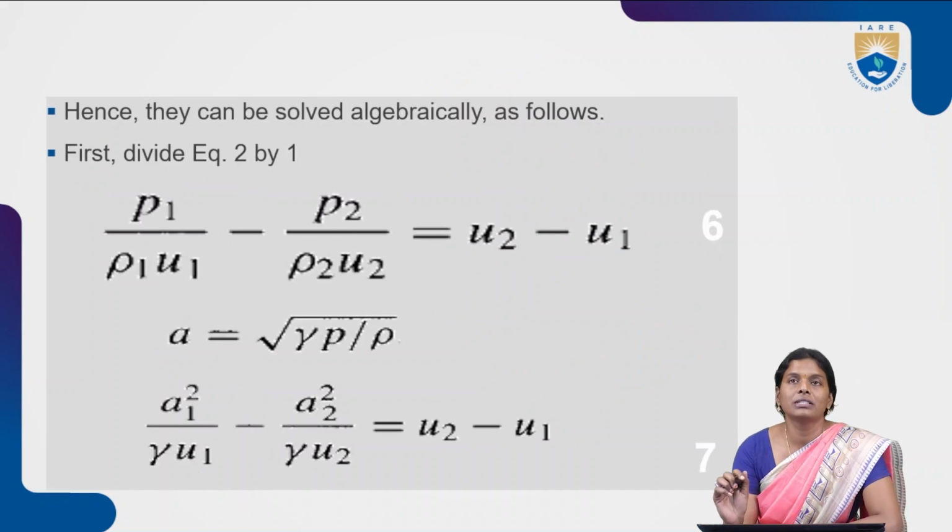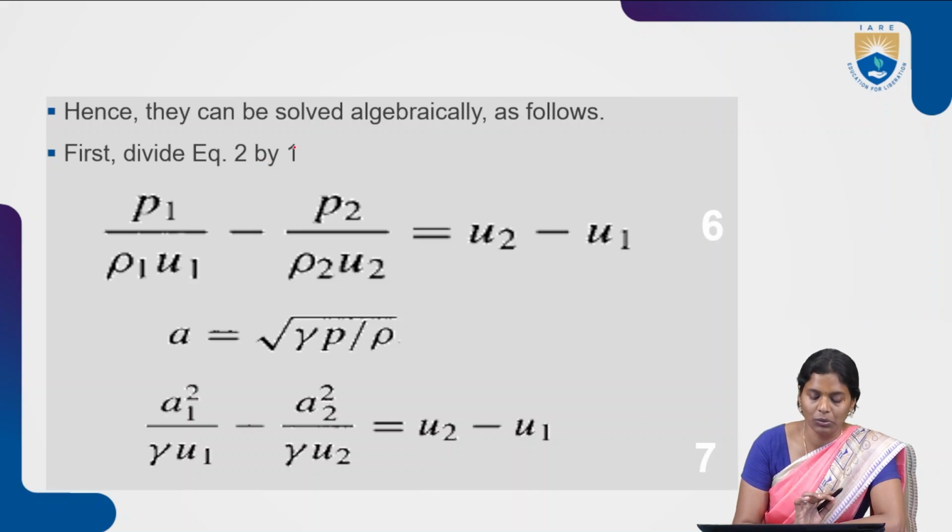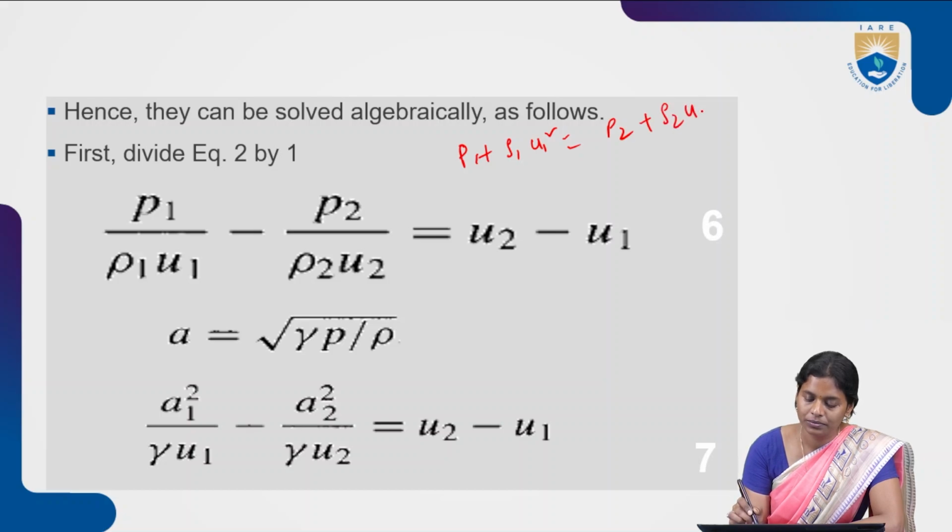Now we will try to solve these equations. We will take equation 2 and divide it by equation 1. What is equation 2? P1 plus rho 1 U1 squared equals P2 plus rho 2